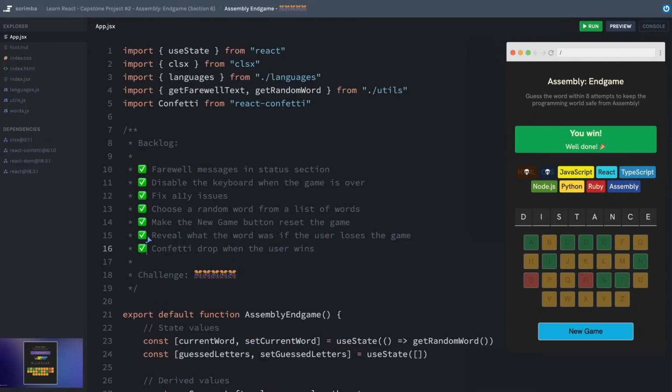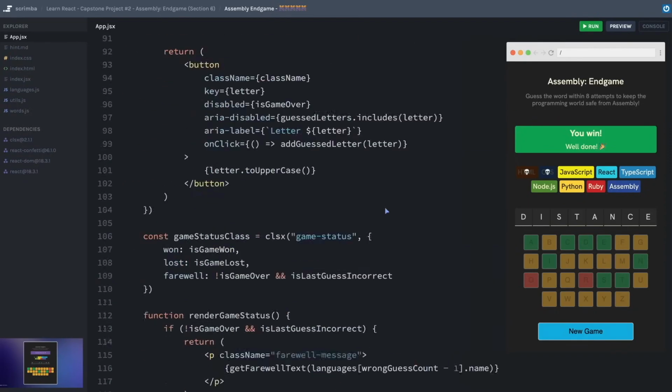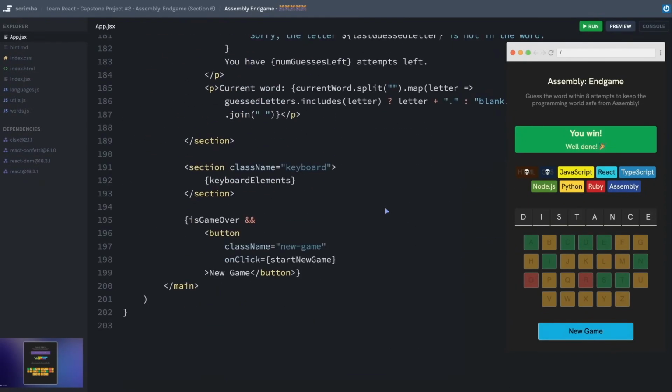Obviously, this doesn't compare to any enterprise level apps that you're making, but this definitely represents the longest app that we have built in this course, and it looks and works amazing. Huge congratulations to you if you made it through the entire React course up until this point. That is an amazing accomplishment. We are going to celebrate that even more in the wrap-up that we'll do in the next scrim and recap everything that we've learned.